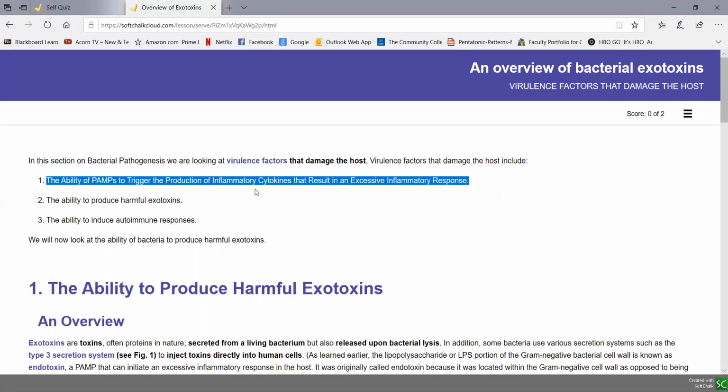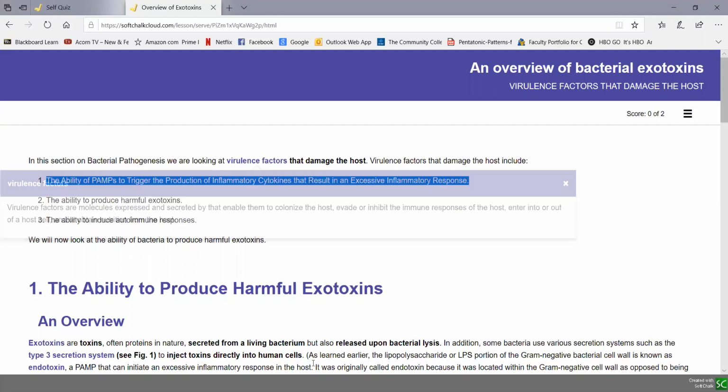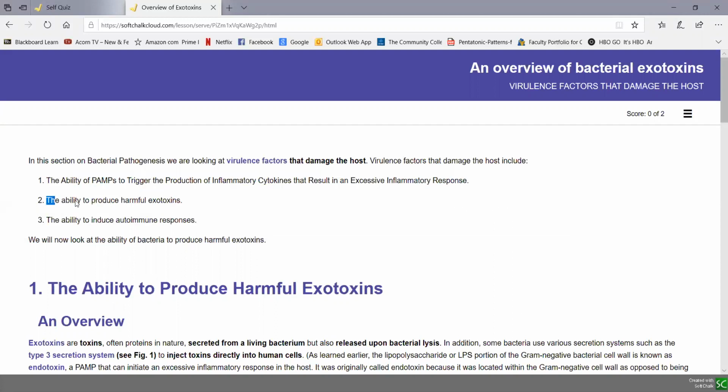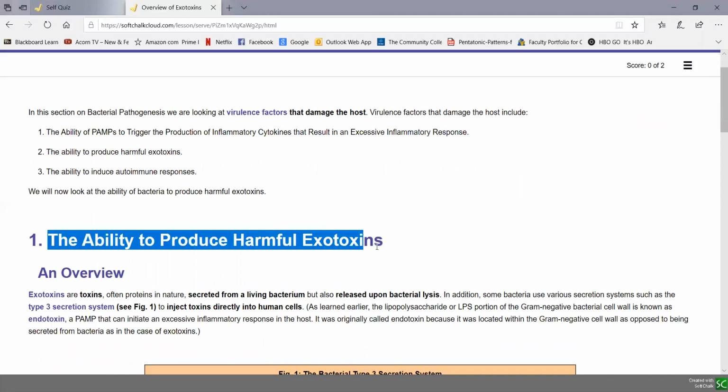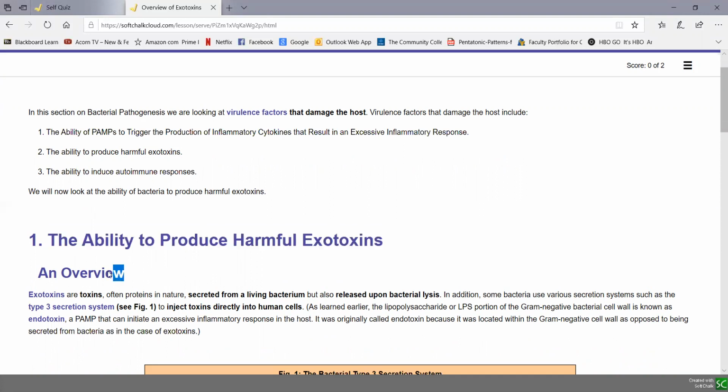In Unit 3, Lecture 4, we're going to be finishing up this topic by looking at the ability of bacteria to produce harmful exotoxins and then the ability to induce autoimmune responses. So in Unit 3, Lecture 4, Part 1, looking at the ability to produce harmful exotoxins, we're going to give you a quick overview of exotoxins and contrast